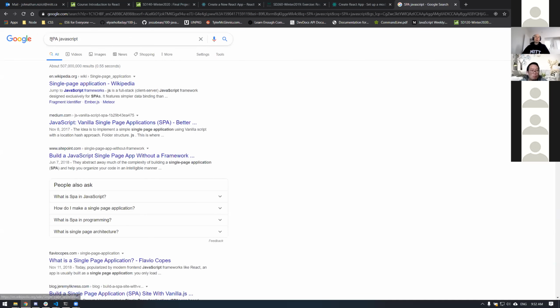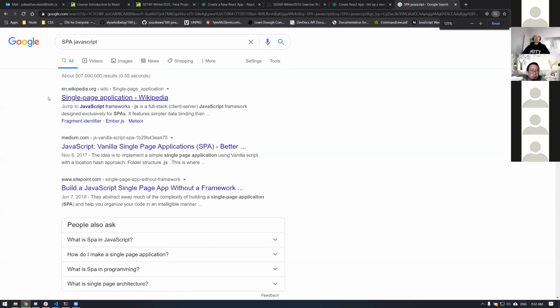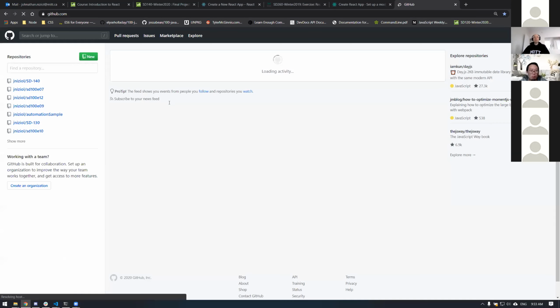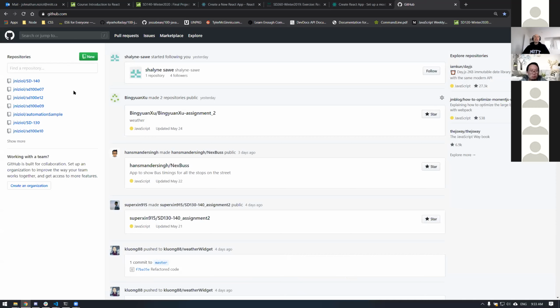If you type in SPA JavaScript, it stands for single page application. A single page application in JavaScript, and we can actually see this happen with GitHub, is pretty much an application that never reloads the index